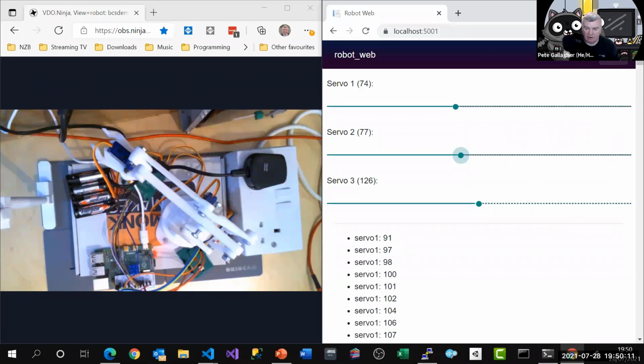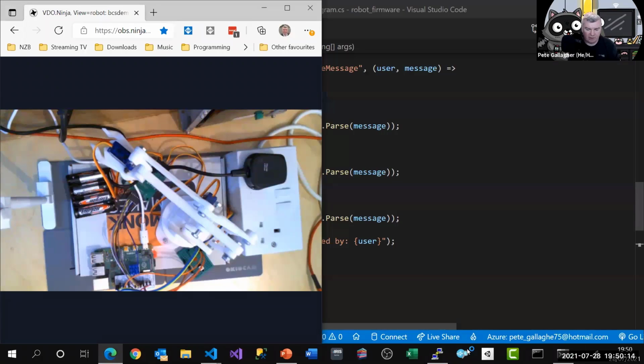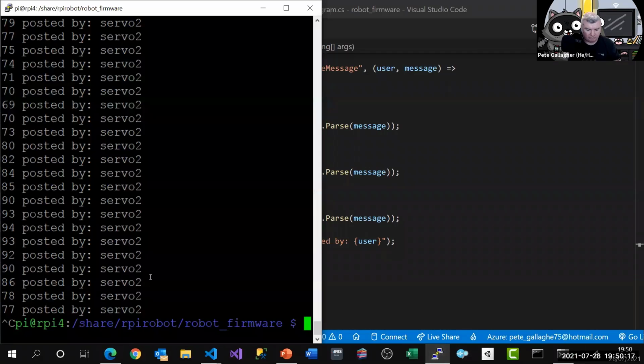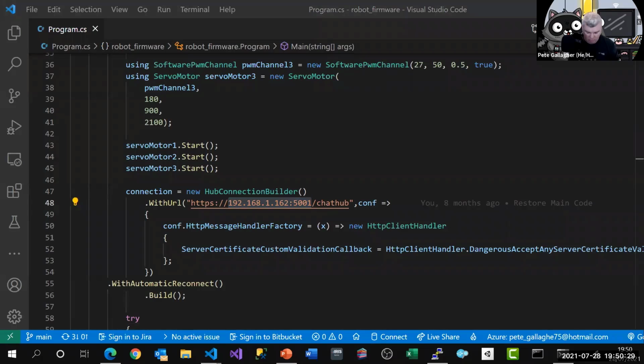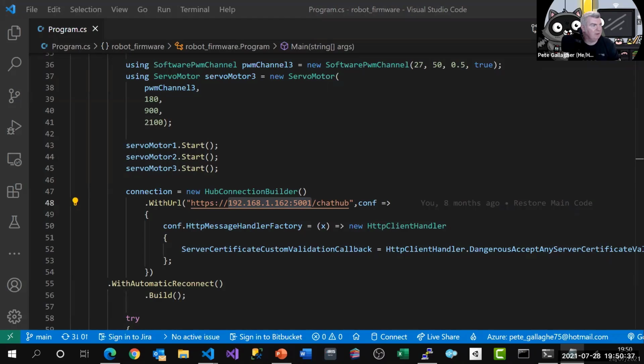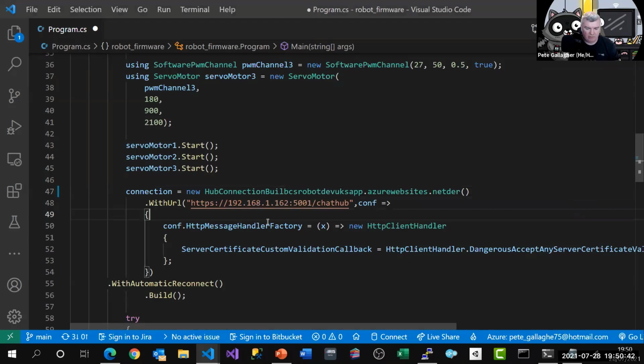So if I just close this one out so we don't get too confused, and I stop my application from running, what I can do is, if I switch the address for this to something else, so let me just get the notepad open and find out what that address was. This one here. I'm just going to change that to this. There we are. And if I run that up,